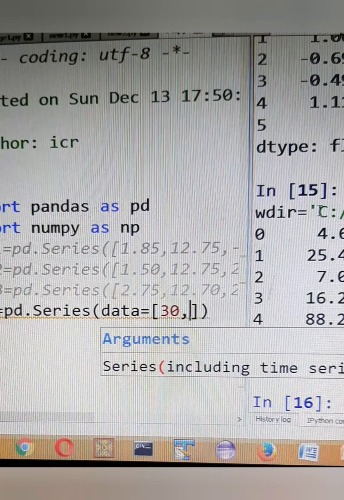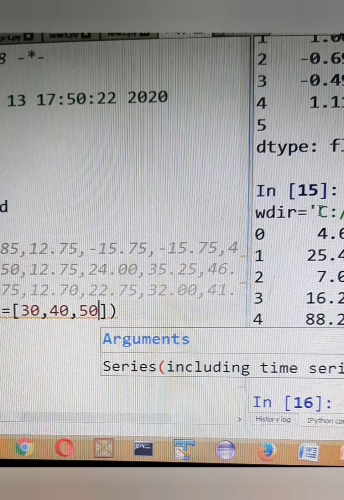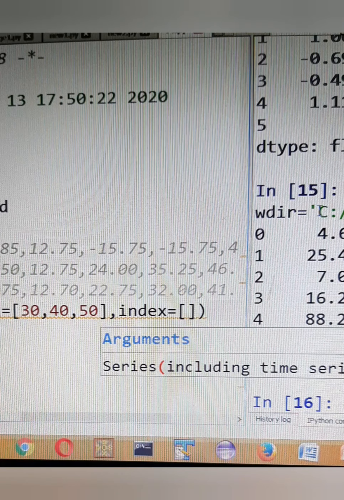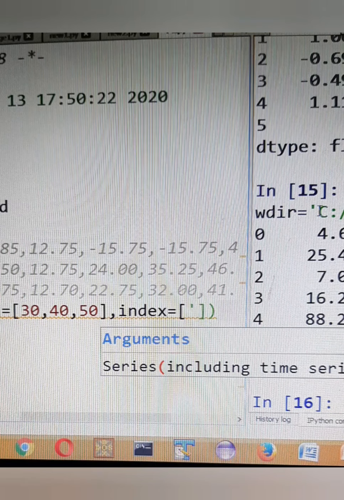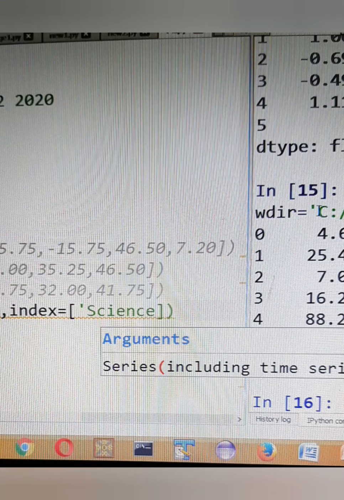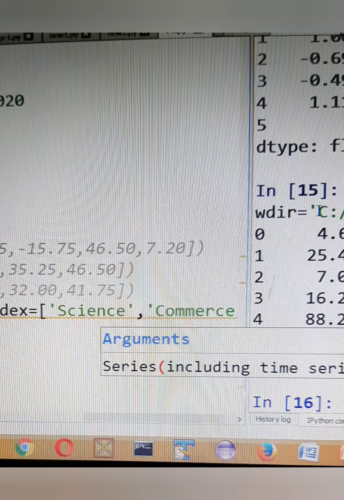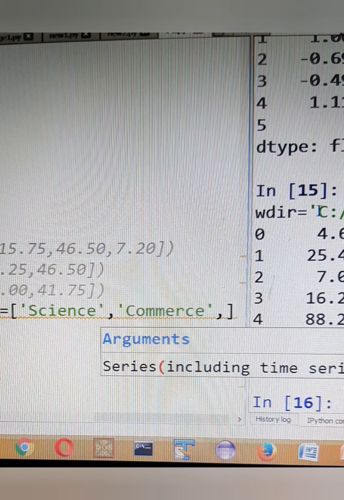I can put the total number of elements which I desire for each subject. And then the index will be the subjects. What subjects are there? Science, then commerce, and then humanities.